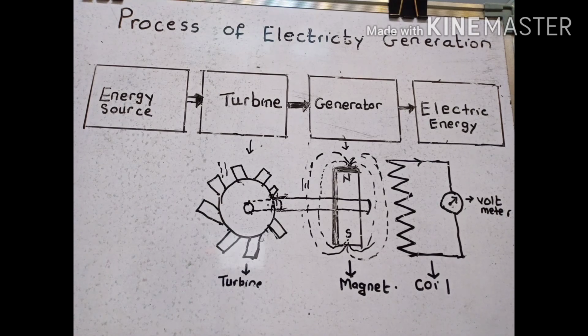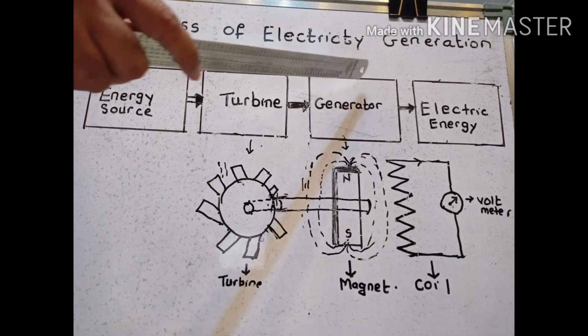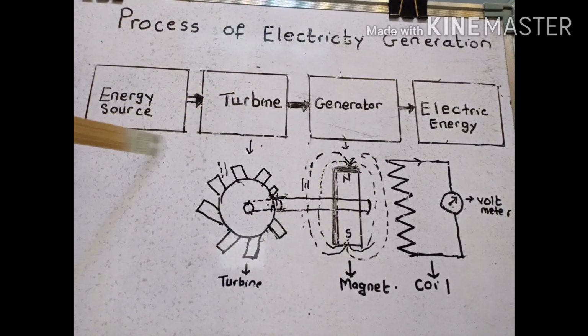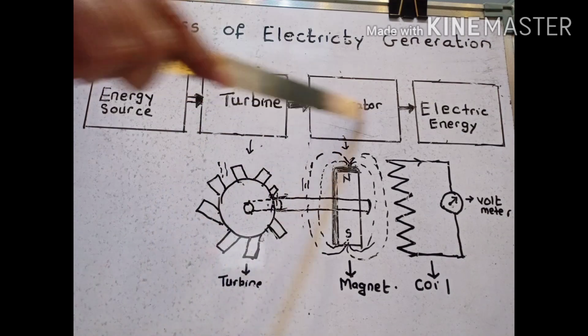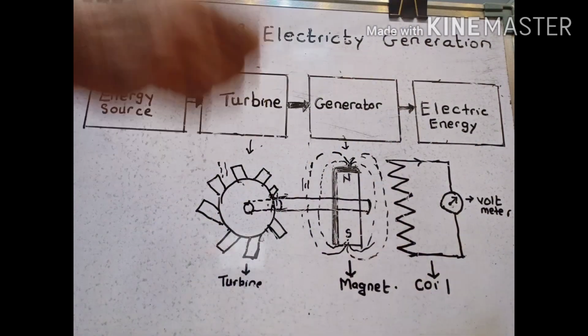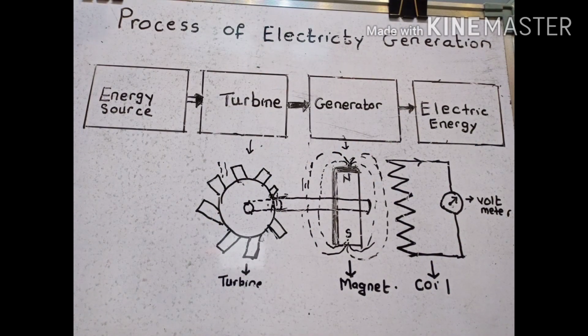So now students, having understood this, we will go on to understand how a thermal power plant generates electricity. Basically, in most of the power plants, the system up to here is the same. So this system is followed in most of the power plants that we are going to study. Let us have a look at how electric current is generated in a thermal power plant using these processes.